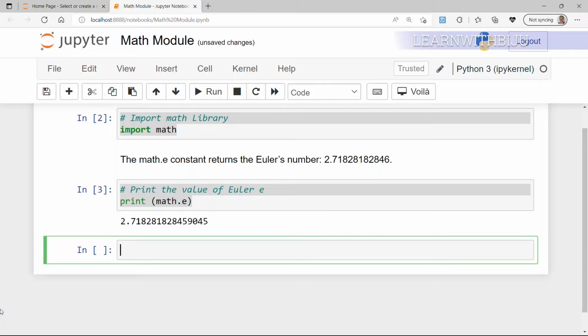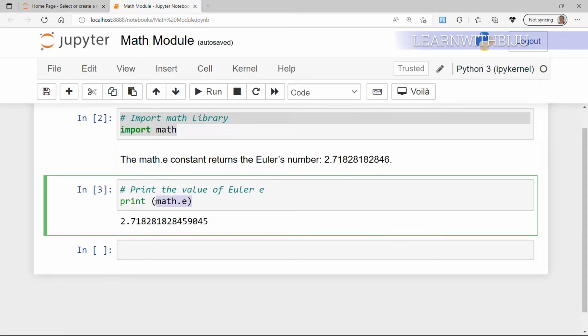As I mentioned in the beginning, constants save us the time of writing the value of each constant every time. So instead of writing this 2.7182818284599045 every time, we just use the constant provided by the math module,